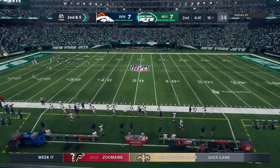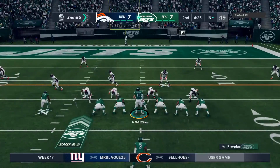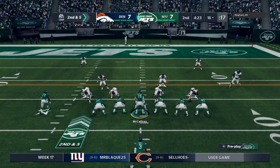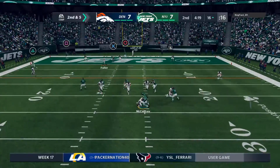That's a really nice job by them picking up the run blitz and detecting it and blocking it and turning it into a nice run. And a lot of times you think if you blitz a running play, you're going to smother it. But a lot of the blitz...